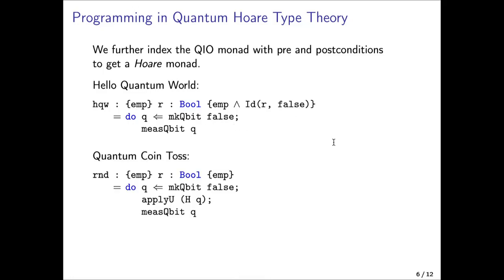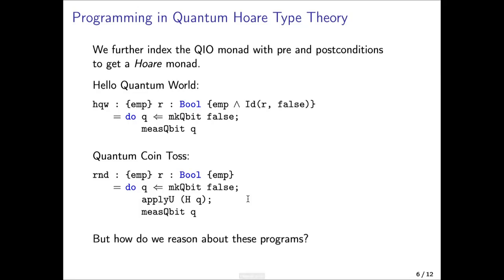We can say that initializing a qubit in the false state and then measuring it will give us false. And there is another program here, just a little bit more complicated than the previous one, where apart from doing this initialization as before, we also apply a Hadamard gate on q and then measure it again. This time, the postcondition is fairly trivial. It just says the heap is empty. And we know that to be the case because H will put the qubit into a superposition of 0 and 1, and we can expect either of those to be the outputs.